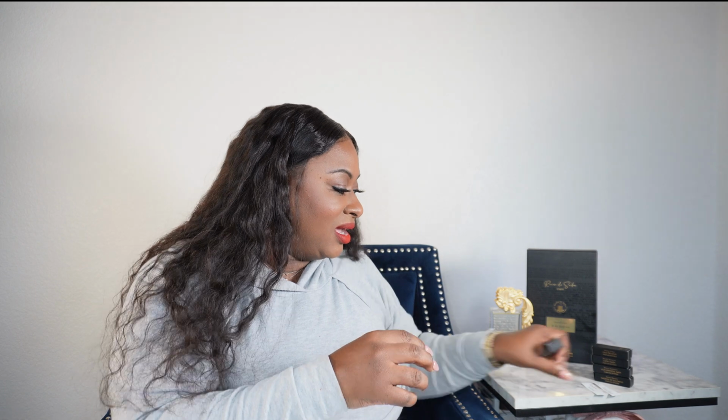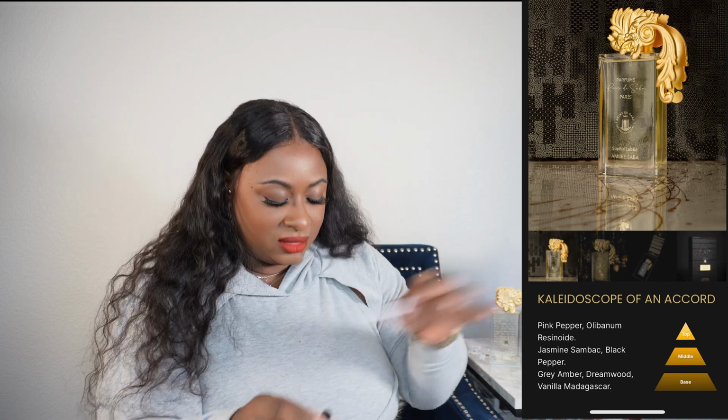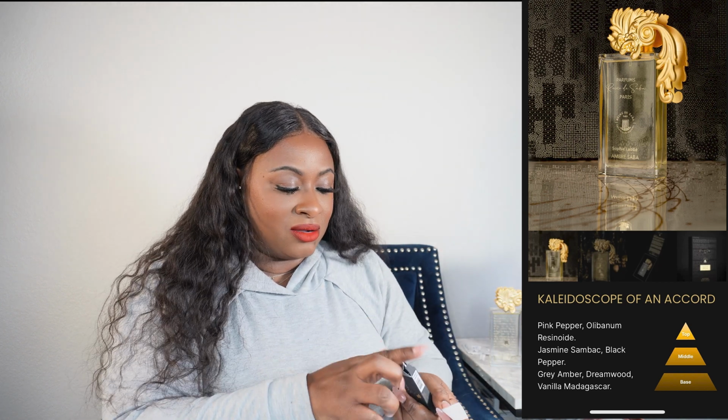So this one right here, y'all, when I first opened it, this was one of the first ones I smelled, and I had this at like number 1. I smelled it before I even smelled my Reine Makeda. But this is the Ambre Saba, right? But when I kept opening other things, I started being like, dang, I'm gonna have to put this one here because I like this one. This was so hard for me to categorize these by my favorite to least favorite. Where's the nozzle? Oh, it's right here. Y'all, oh